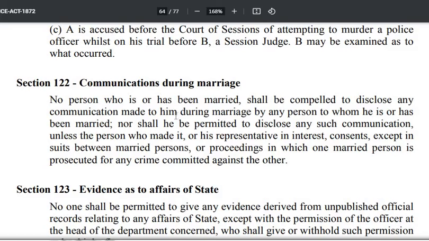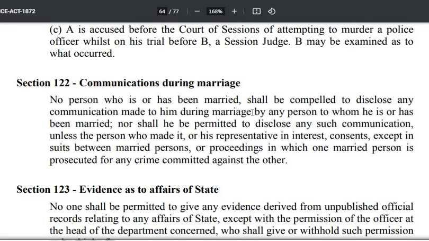अब it could be him or her. अब him को her की तरह भी पढ़ोगे ना. Disclose any communication made to him during marriage by any person to whom he is or has been married. अब इसको देखकर तो लग रहा है कि बार सिर्फ हस्बैंड के ऊपर है, but it is upon wife also. अब ऑब्लिक लगा कर वो ही सी भी लिख सकते थे फॉर बोथ। तो नो पर्सन हु इज और हैज बीन मैरिड शैल बी कंपेल्ड टू डिस्क्लोज एनी कम्युनिकेशन मेड टू हिम ड्यूरिंग द मैरिज। और ड्यूरिंग द मैरिज मीन्स जो कम्युनिकेशन की बात हो रही है वो तब हुआ होना चाहिए जब आपकी मैरिज एग्जिस्टिंग थी, ड्यूरिंग द मैरिज। शादी खत्म होने के बाद का कम्युनिकेशन इज नॉट फॉलिंग अंडर दिस।